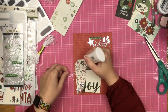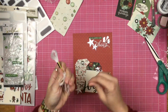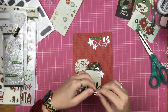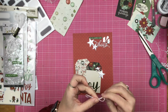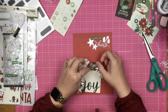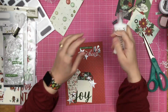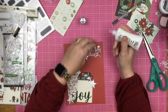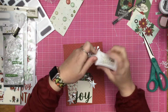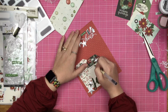So I am going to go ahead and fill my naked tag holes. Of course, I'm using my Nuvo Deluxe adhesive to dot some glue in there. And then I'm just using some white embroidery thread. I decided against the black one for this page just because I felt like I had that big pop of white with the word cheer, and I felt like I could go ahead and add some more white onto the page and it would be fine. So this album is an album that has a mix of cream and white inside of it, and that might be driving some of you crazy, and if it is, I'm so sorry, but to me it all flows within my December project. So I do add on that Nuvo Deluxe adhesive again for my numbers because they are thickers,